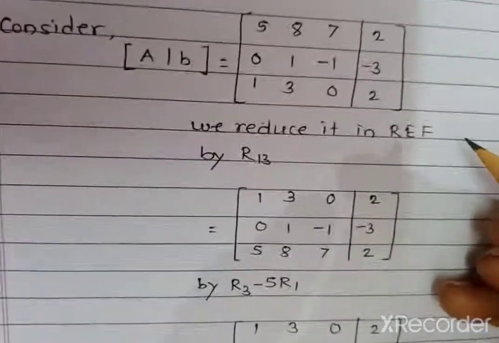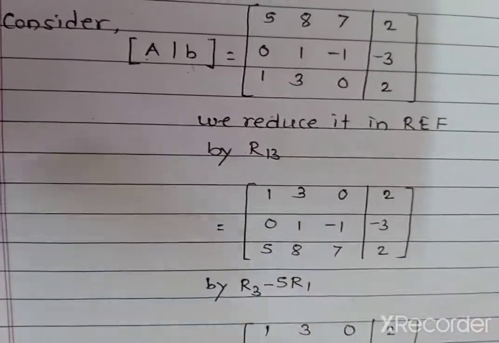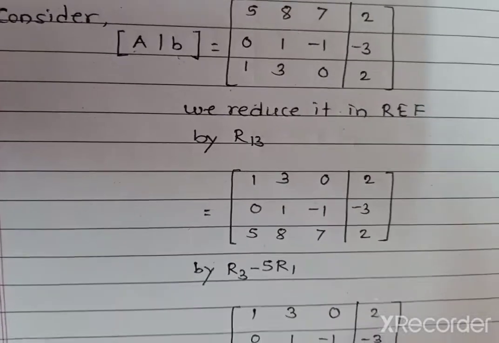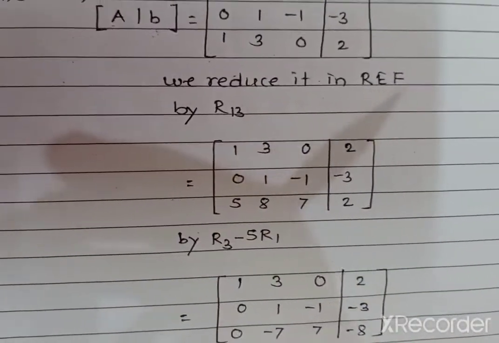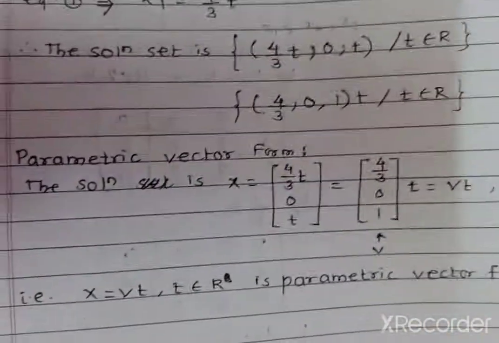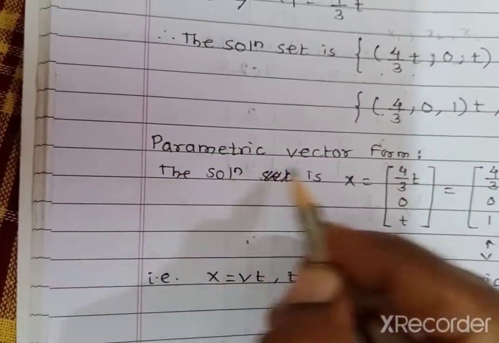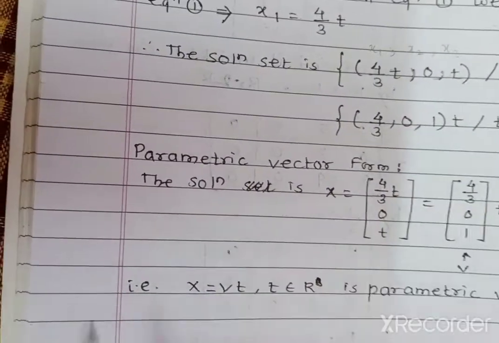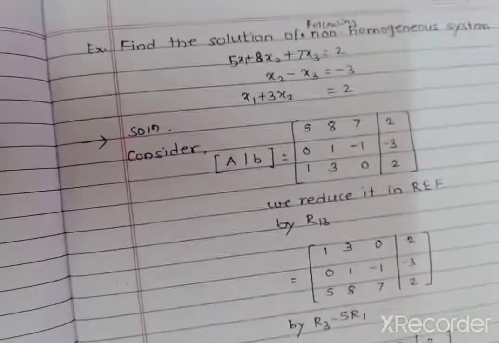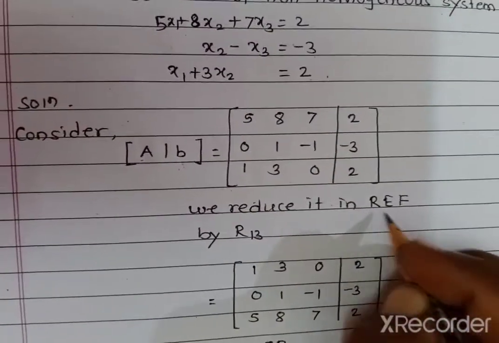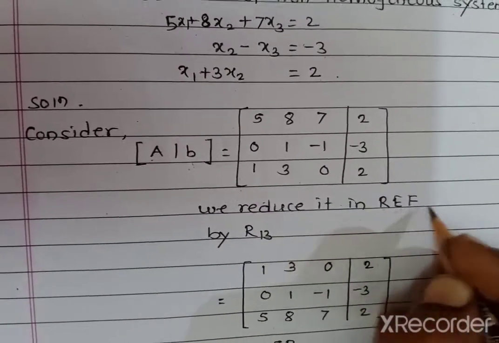So when we have to use the row echelon form and when we have to use the reduced row echelon form depends on which type of solution and which requirement our example has. In our previous example, we discussed this form also, so for that reason we reduced to the reduced row echelon form. But here, we have to find the solution by using the row echelon form.